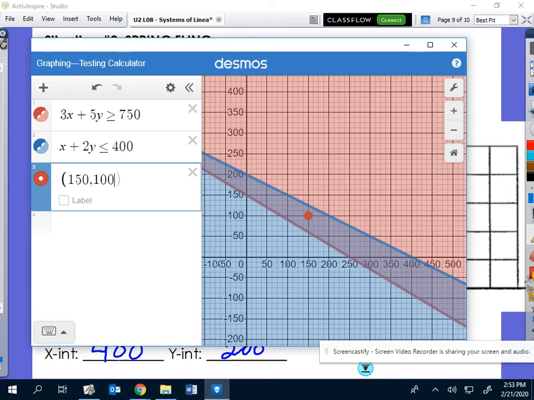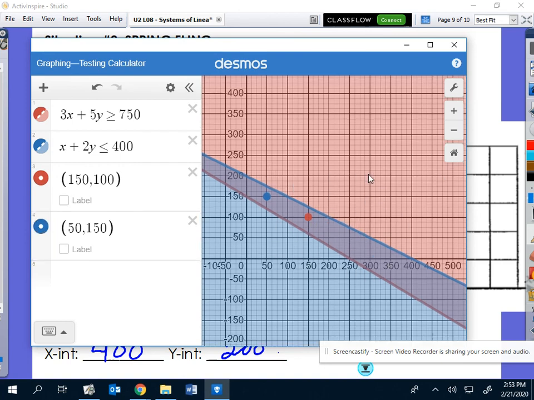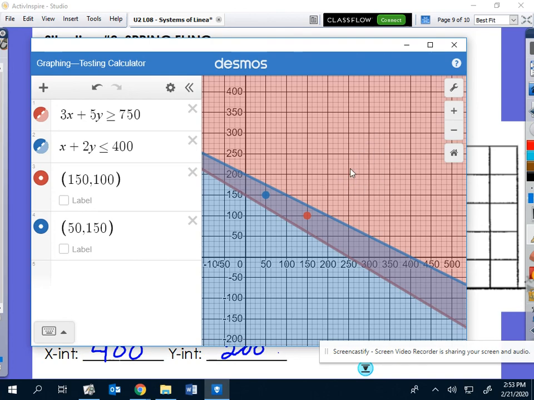So that would be a possibility. Or we could also have, let's go with 50 singles and 150 couples. So that would be an option for possible combinations. So it's really interesting to think that if we're anywhere up here in this red region, that's not going to